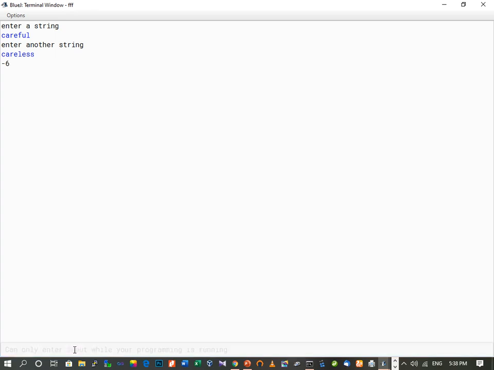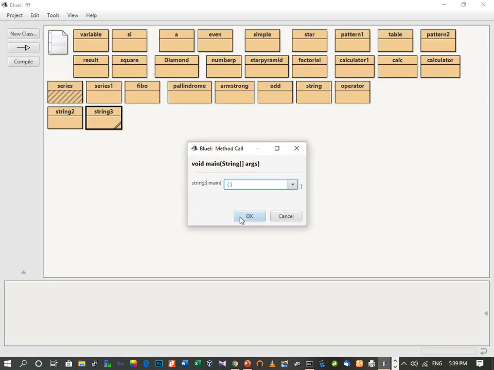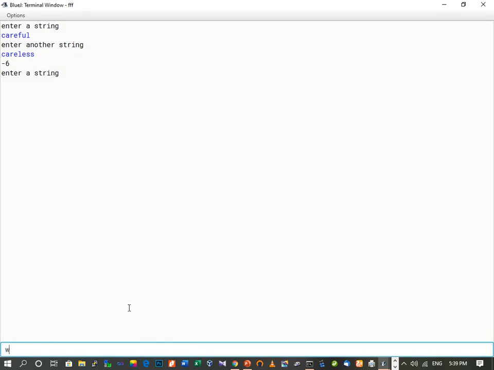One more we will see, when both the strings are equal, then our output will be 0. Let's check that. Here I'm executing the code again. Let the first string be welcome and the second string be again welcome. Here we can see that the output is 0. So this is how we can execute this compareTo function in Java. These are the 3 or 4 kinds of output which we can get in the compareTo function.